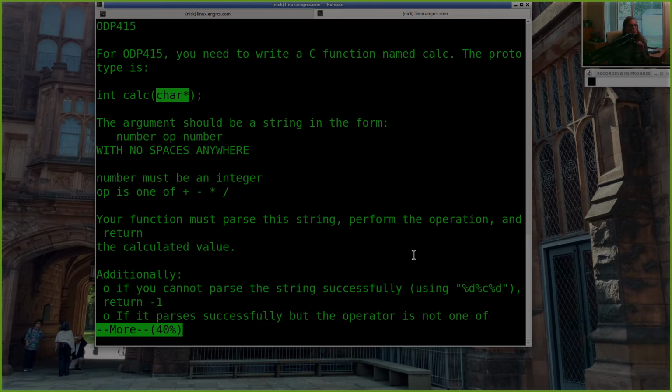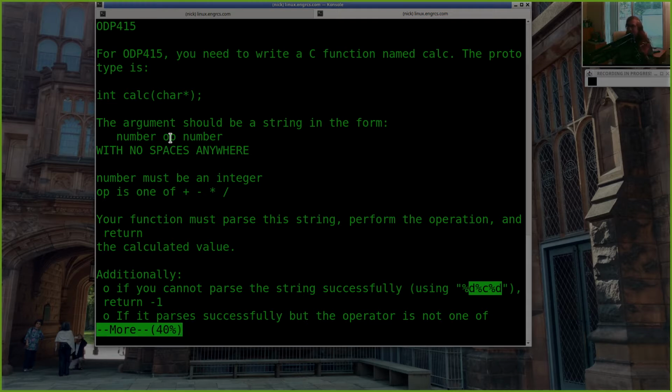And you don't need to do a whole lot of heavy work to break your input string into these pieces. You should do that using scanf with the pattern %d, %c, %d. And that's really the only way you should do it. If you do anything else, you're making your life a lot harder, and you're potentially going to do things that won't get you full credit. So use scanf with that pattern, and you should end up with a pair of integers and an operator.